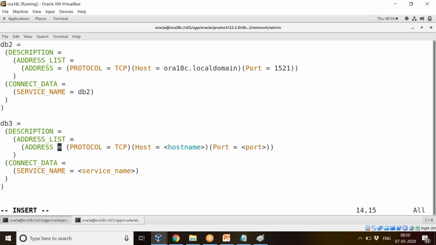So the address, whatever address we have in the listener, the same thing we have to give here. So Aura 18C dot local domain. Then the port number 1521. Okay. So now DB3 is the service name.